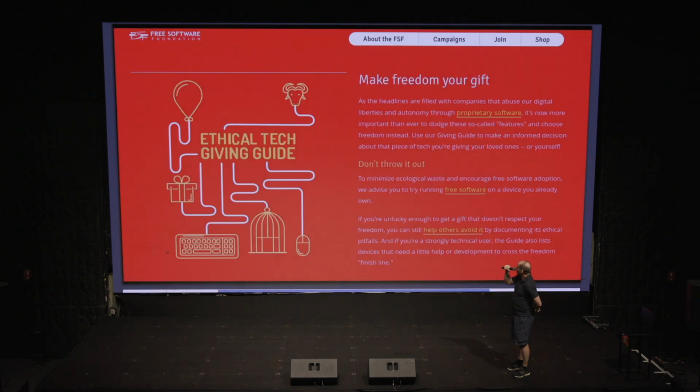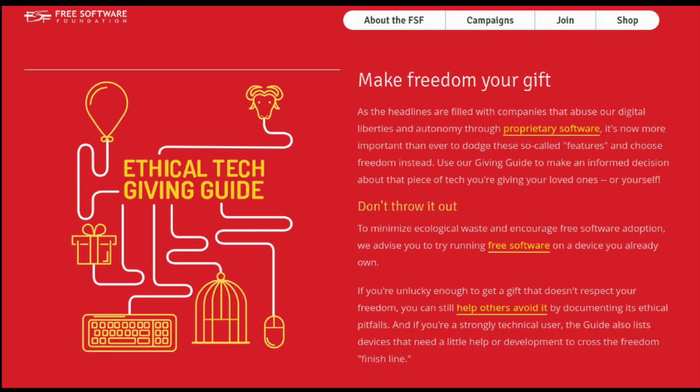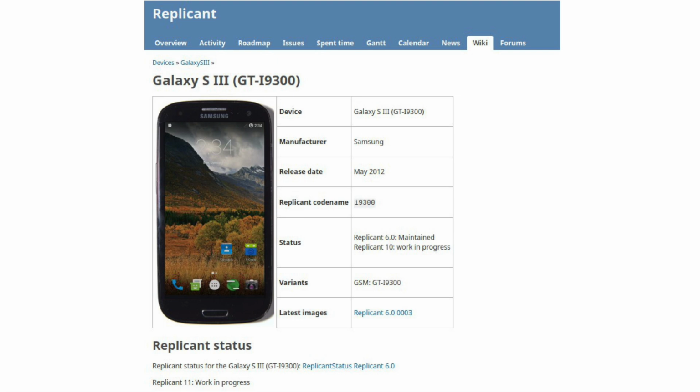And so if you look at the ethical shopping guide, these are the Free Software Foundation recommendations of don't you be using Mac or Netflix or anything at all. What we recommend that you do is you run Replicant on a Galaxy S3, because we can run that without any binary blobs, right?